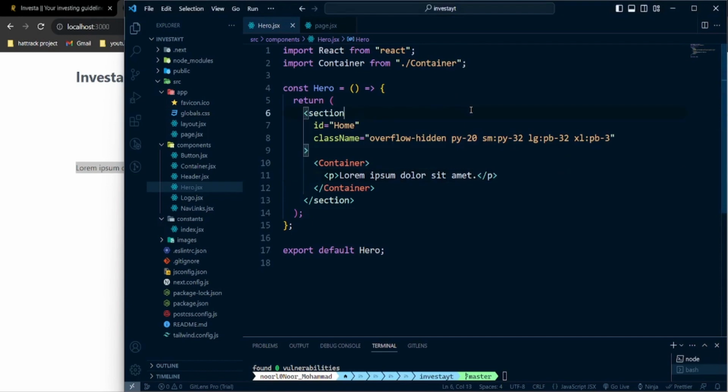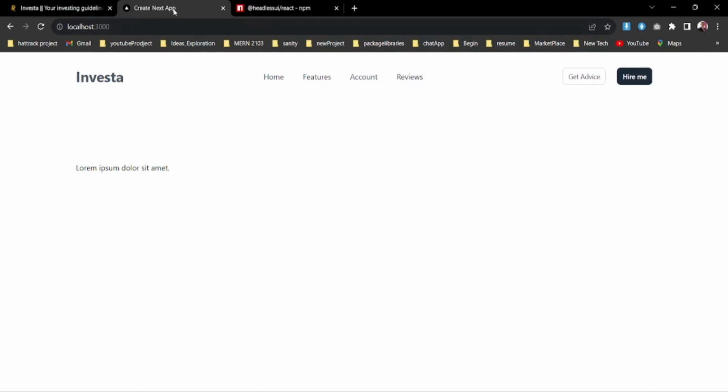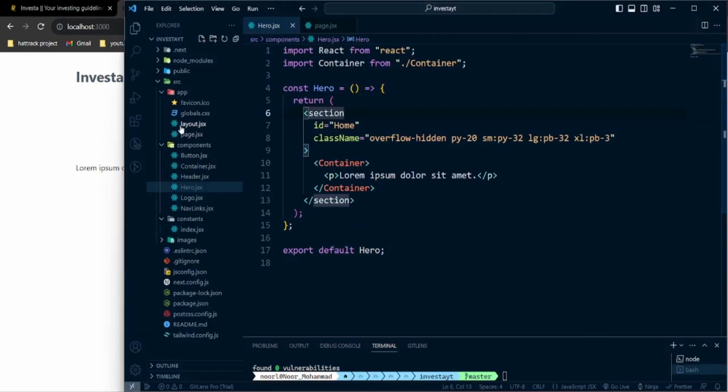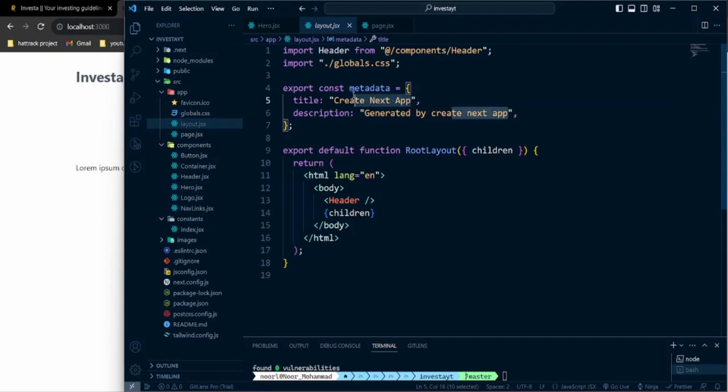So now we're going to create everything for that hero section. And before going to that hero section, we need to change the title, and to change the title we need to go to the layout. Over here we will change the title. It will be investor, and then here invest